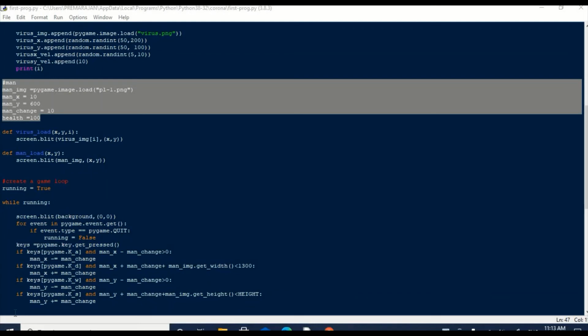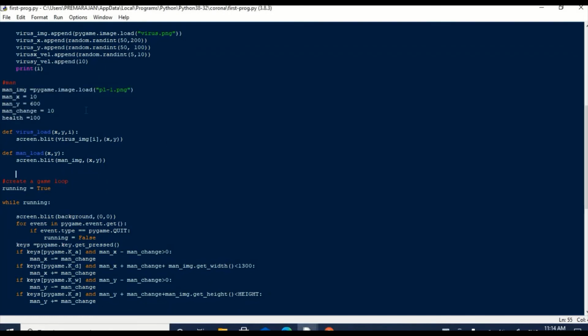On the screen, the man must run to escape, to fight, and to meet emergencies. He needs good speed. He must be able to move in all directions. We will skill him accordingly. We have already defined his speed in the variable man change as 10 pixels. We will link his movement towards left to the key A, right to the key D, up to the key W, and down to the key S. If you hold down the key, he will continue to move. Using a combination of keys, he can be moved in any tangent. We have also set the boundaries to his movement.